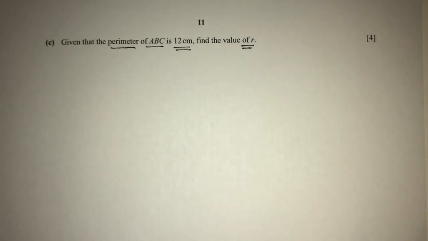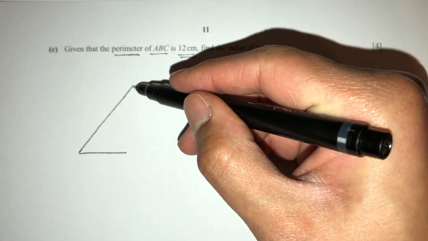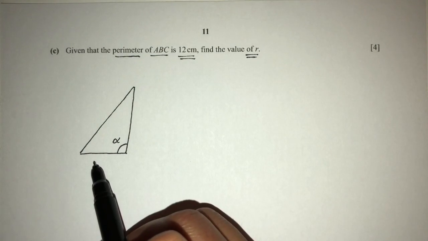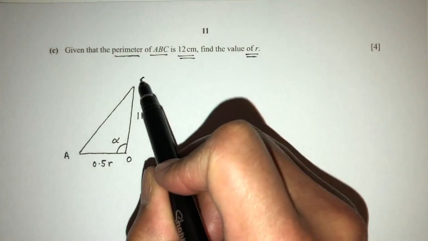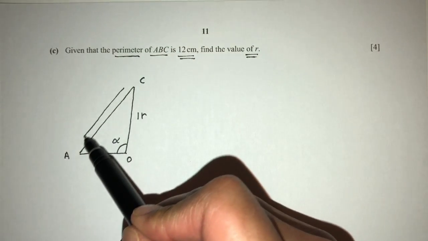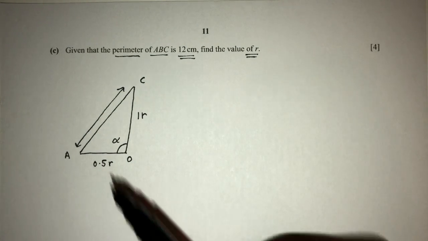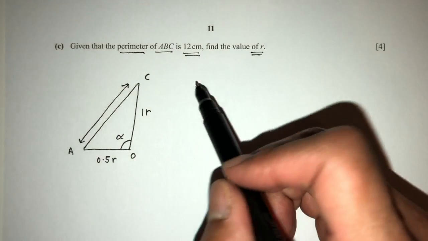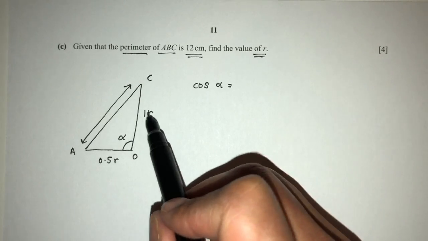So let me draw this again. We have a triangle. We know the angle here is alpha. We know this is 0.5 R. This is 1 R. And we want to find this side. This is A, O, C. So to find this side, we have to use the cosine rule. Pretty easy. We can use the cosine rule when we have the angle in between. We know the two sides and we want to find the other side. Okay. So the formula is cos of the angle alpha is equal to, it will be this square, which is